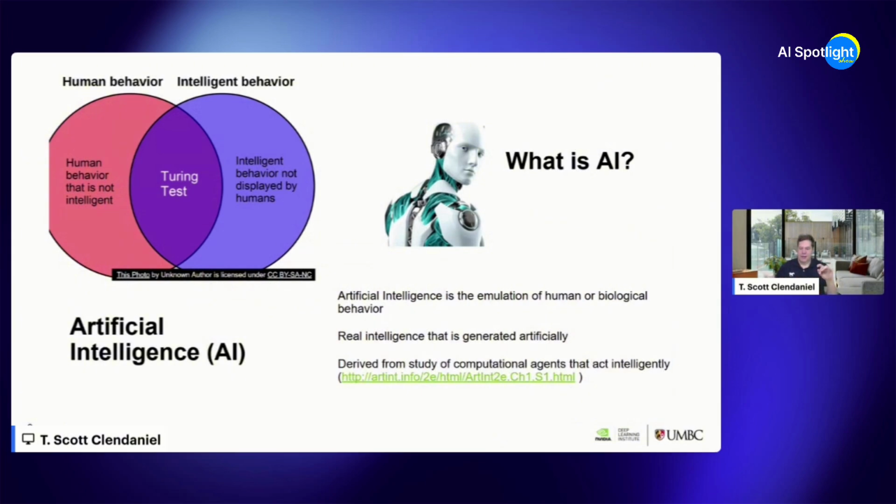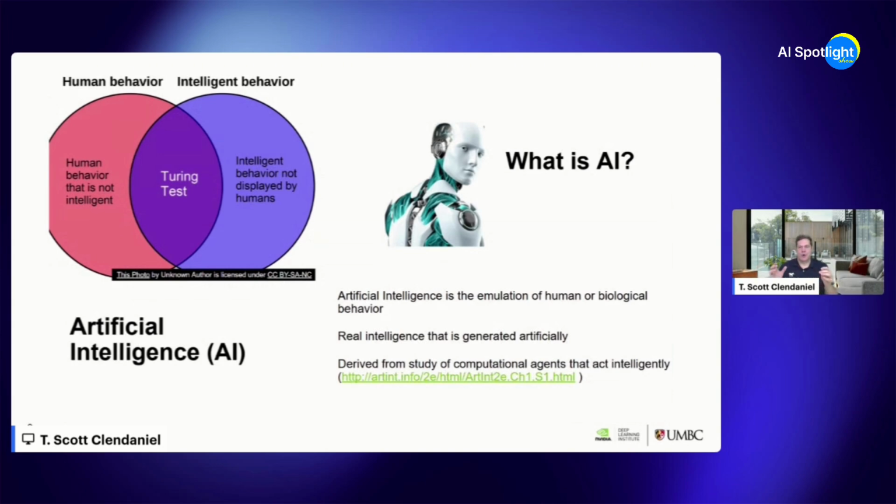when Alan Turing first worked on this type of research at Bletchley Park during World War II, he was assigned the role of trying to break the German codes in Enigma. Famous movie, Benedict Cumberbatch, The Imitation Game. Keira Knightley, if you haven't seen it, it's a good one to go check out. Talks about all of his research.